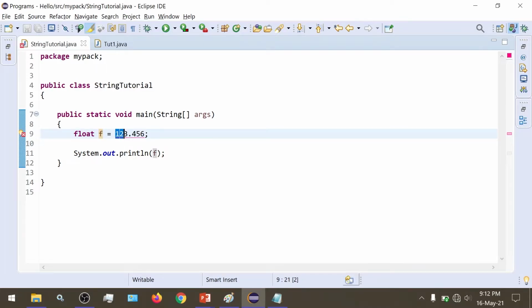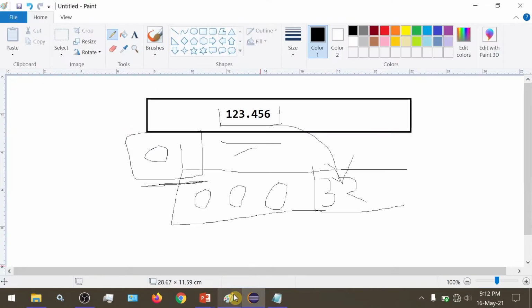The number of bits, or the length of the sequence of zeros and ones, for the number 123.456 is very well less than 32. So by default it should fit inside float's 32 bits. But we get an error because Java by default considers this to be double type.